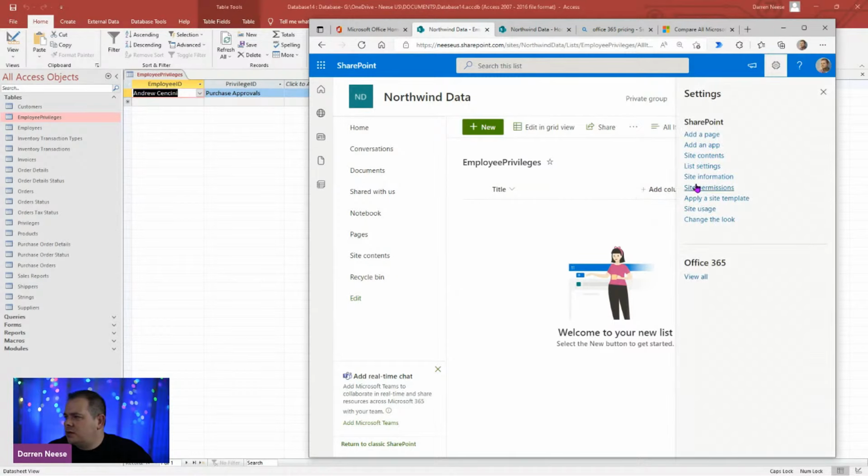Now, what I want to do in here: SharePoint, when you create a new list, it's always going to create a title. If you create a new one, it's going to,